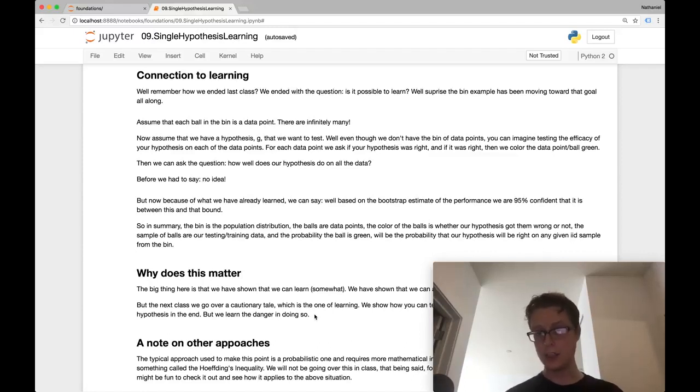And if we get a sample that's vastly different from the majority of the population, then we can't actually say anything about the population. One of the ways, and this is not the only way, that you can ensure our sample is similar to the population is by getting random draws, aka independent identically distributed draws. So why does this matter?